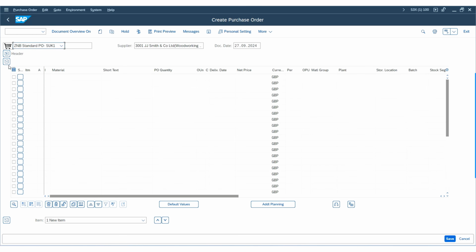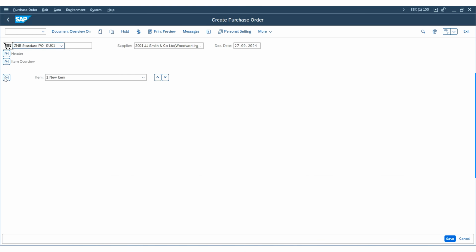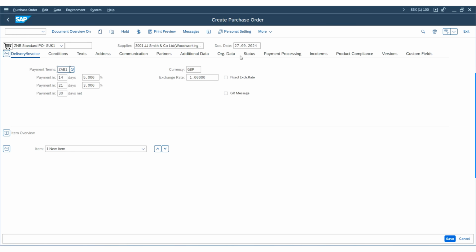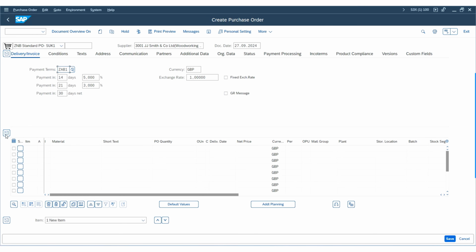Now, the important thing that we are going to know about the purchase order creation screen: there are three main screens in the purchase order creation, which are header, item overview, and item details. Header contains the details filled in the header, primarily focusing on the organizational data, whereas the item overview displays an overview of the items included in the purchase order. Item details provides the specific details of each item listed in the purchase order. Now click on item overview